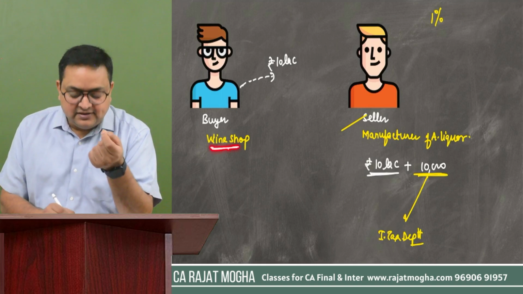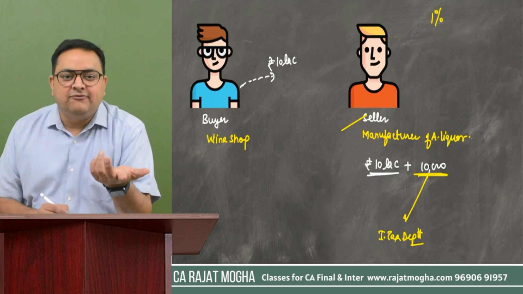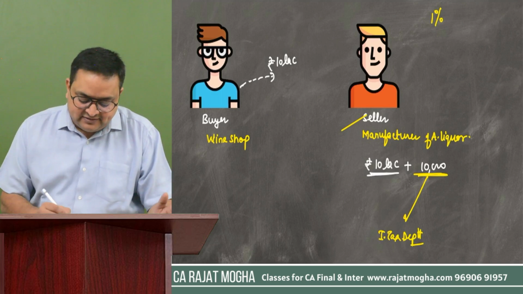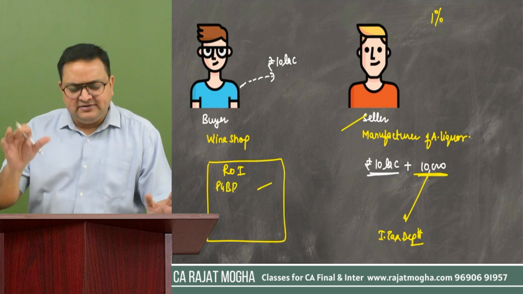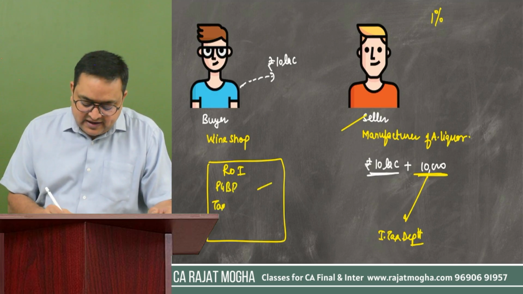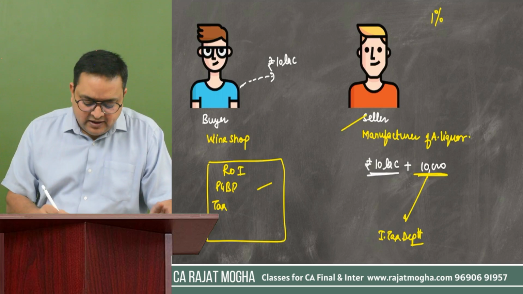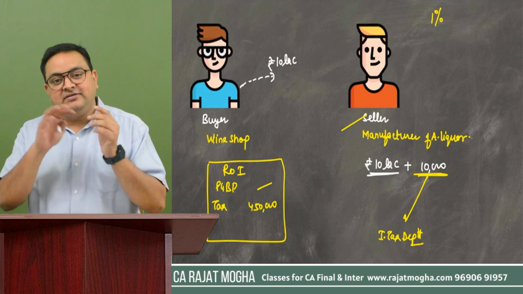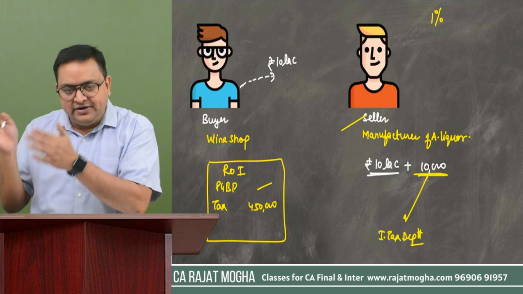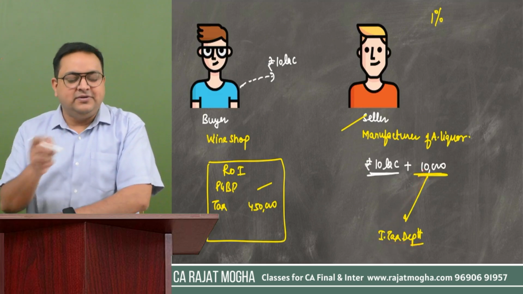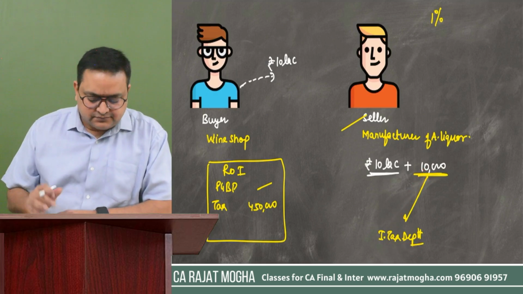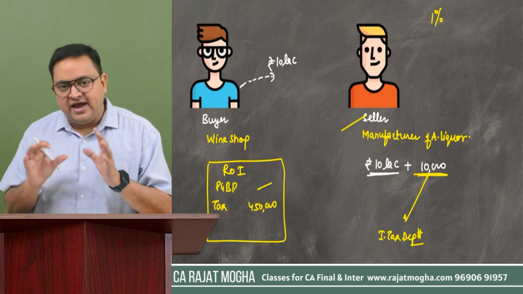Because he's running a wine shop, he's getting income from PGBP. So whenever he will be furnishing his return of this year, he will be saying, sir, my PGBP is so and so, whatever the amount is. He will say, sir, my tax liability, for example, I'm presuming comes to rupees 4,50,000. So now the buyer can say, sir, my 10,000 rupees TCS has already been collected. It is already with you because the seller has deposited the amount and he has already said that this 10,000 rupees belongs to me. So the income tax department will say, yes, we have your TCS amount.